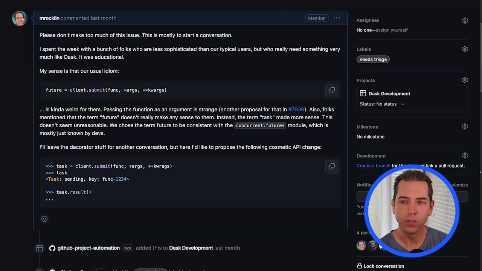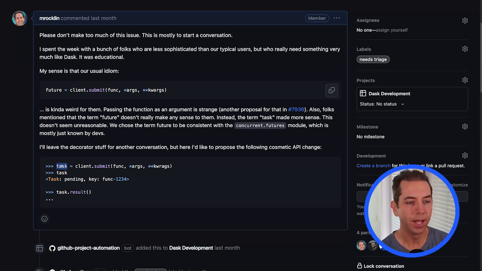We use the term future because it's consistent with PEP 484, one of the PEPs, I forgot which one, which is a concurrent futures module, which I think we love, but no one else actually knows about. And maybe the word task would be more familiar. So I want to bring that up. It's a simple thing. It's dumb. It doesn't actually affect any capability that we have, but maybe it is easier for new